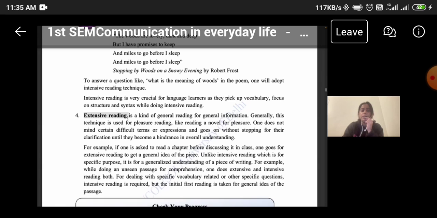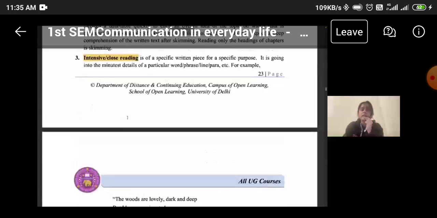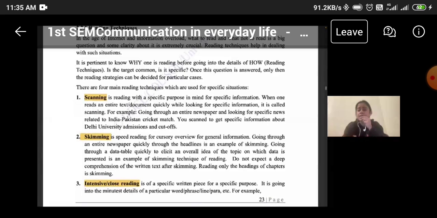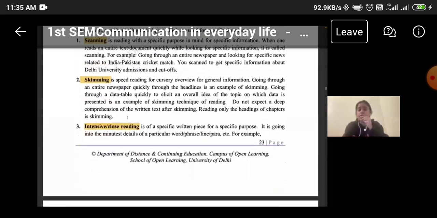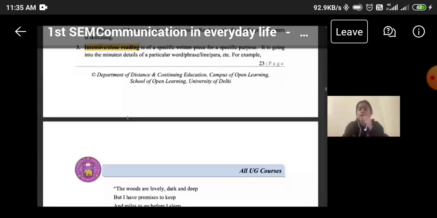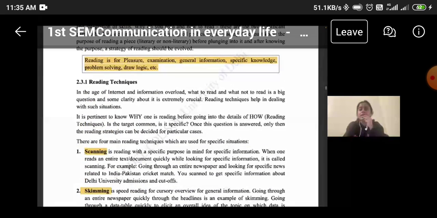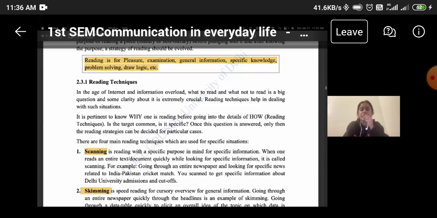Extensive reading is also known as pleasure reading. The differences between the four types of reading are quite easy to make out. Scanning is looking for specific information. Skimming is a cursory overview of the general information. While scanning is specific, skimming is general. Intensive is looking for the minutest detail, while extensive reading is also known as pleasure reading. Hence, reading has been defined as not just pleasure but also examination, general information, specific knowledge, problem solving, drawing logic,